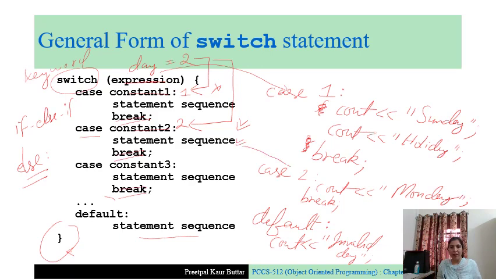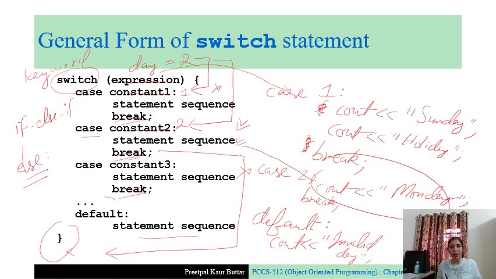Suppose we write here cout Monday, so it will be executed, but we did not write a break here. So what will happen? The purpose of the break statement is to break the control from here to the statement after the switch statement. So if there is no break here, the control will not move out of the switch statement.